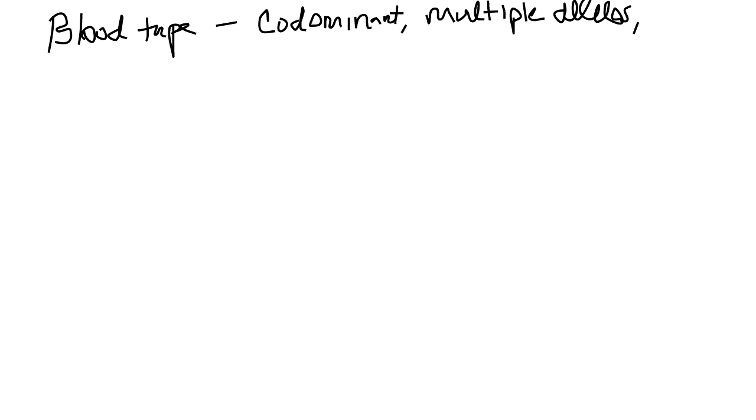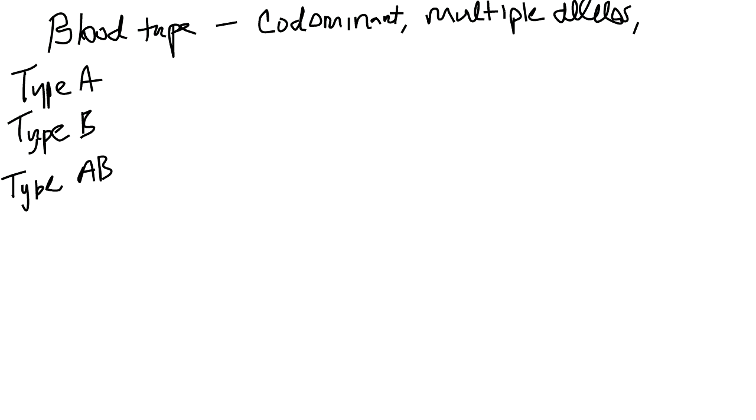Okay, so what I mean is you probably are familiar with someone can be type A blood, someone can be type B blood, someone can be type AB blood, and lastly, someone can be type O. Now, you also recognize blood type as, let's say, A positive, O negative, right? The positive or negative, I'm not going to mention that, but all that is an additional gene, right? That you either have the presence of that factor or not. So it works similarly. But here's what I want to talk about.